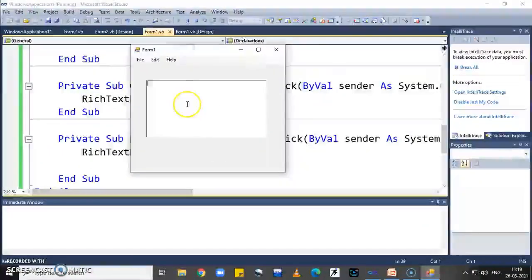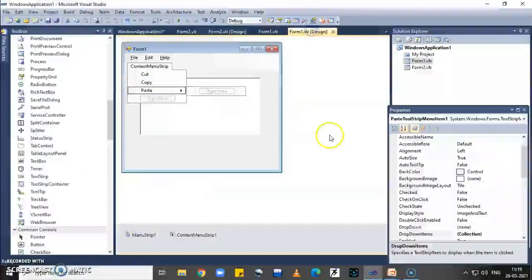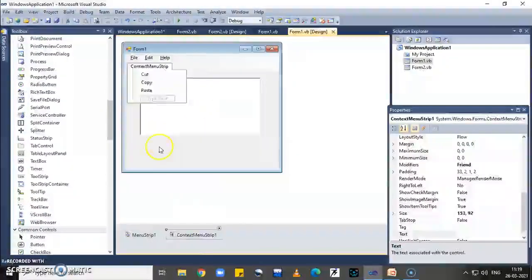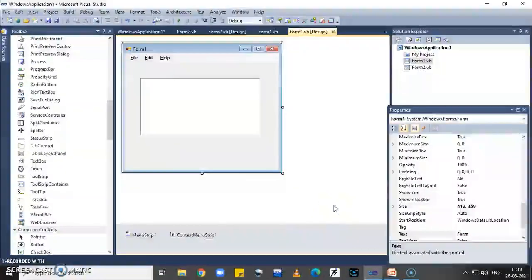Just run the code. Here I write something: Hello. Good morning. Suppose I select hello, then just right click on this text box 1. The context menu is open. Cut. And after some text, I paste. Now this way my context menu strip, meaning the pop-up window, is created and we can write the code for the pop-up menu items. Now switch over to the PPT.